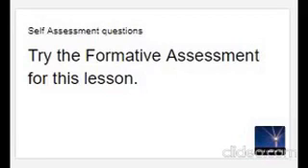Formative assessments are used to monitor student learning to provide ongoing feedback that can be used by instructors to improve their teaching and by students to improve their learning. More specifically, formative assessments help students identify their strengths and weaknesses and target areas that need work. There is no grade awarded.